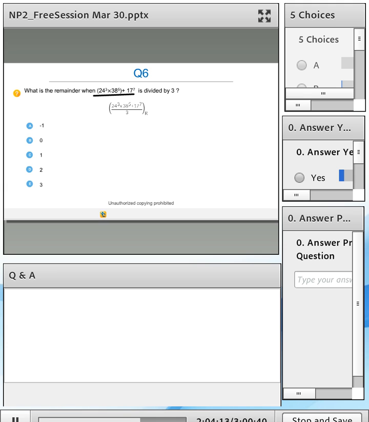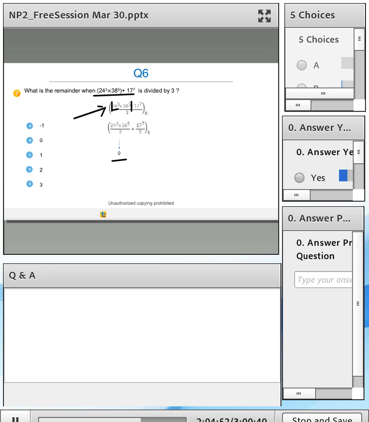Now let's just go through how you would solve this. Let's just apply those concepts here. So we are simply breaking it down into smaller chunks, and what you're seeing is 24 cubed times 38 to the power 5 plus 17 to the power 7. Again, you make certain observations. The observation that you can make over here is that 24 is completely divisible by 3. So the product of that number, which includes 24, is also going to be divisible by 3. So you take away this term completely. This is not going to contribute anything to your remainder.